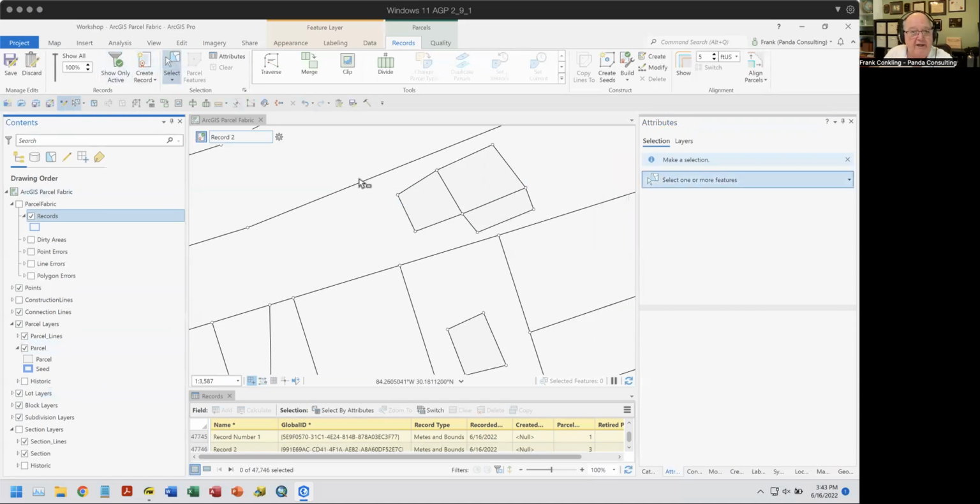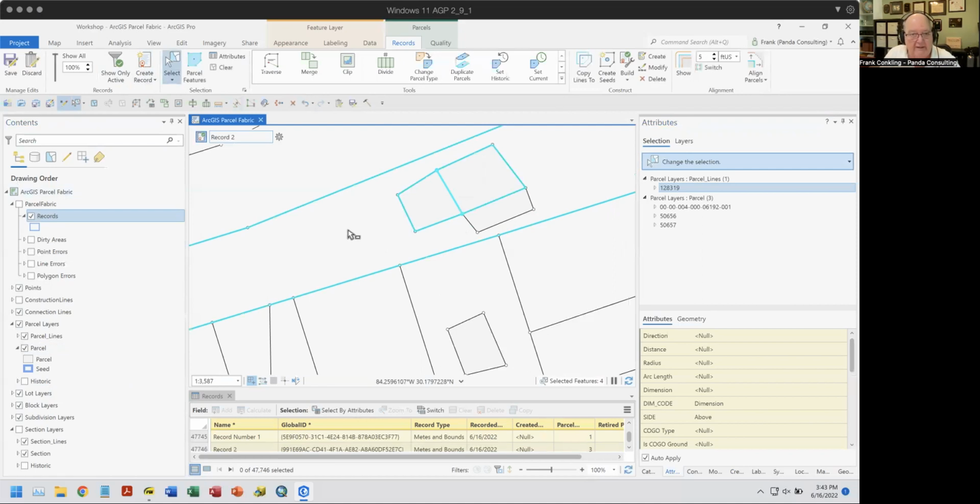So if we go in here and look at this, get rid of those polygons, we have one line, only one line. And that one line defines the boundaries between these two adjacent parcels. All right, these two adjacent parcels, and it reflects, according to that record, that all three of these were created